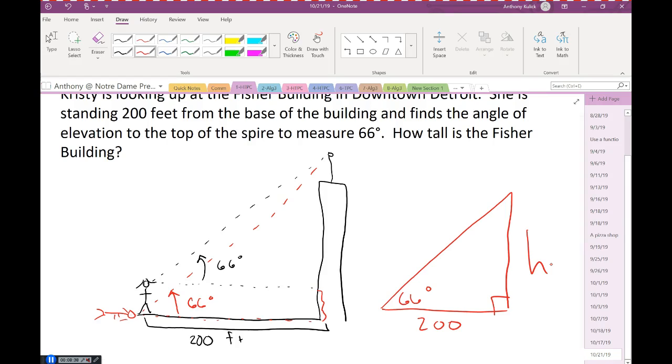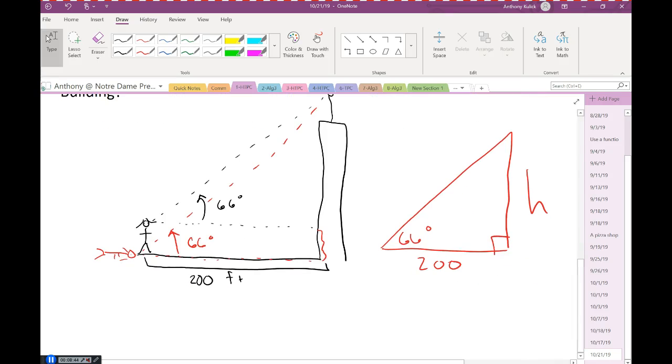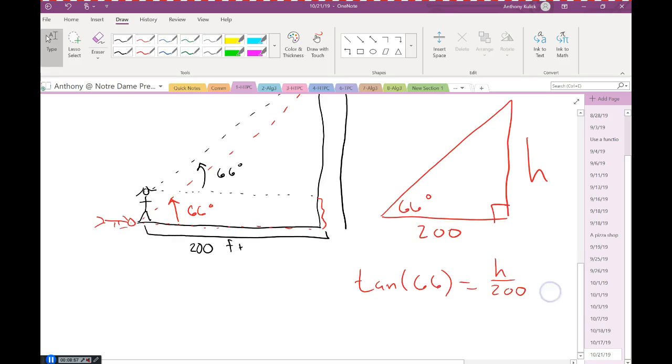Everybody agree with that? So to solve for h, what trig function should I be using here? Tangent. So I can say tan of 66 is going to equal opposite over adjacent, or that h is equal to 200 times tan 66, which gives me